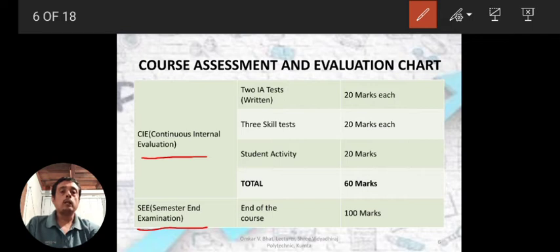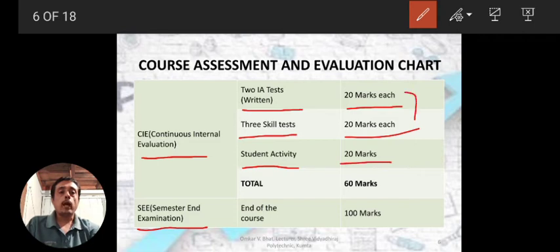In CIE you should write 2 written tests, 2 IA tests, each carries 20 marks, and you need to write 3 skill tests, each carries 20 marks, and there will be a student activity for 20 marks.